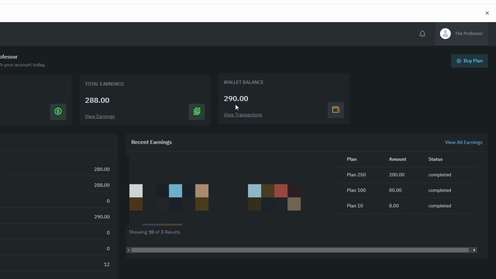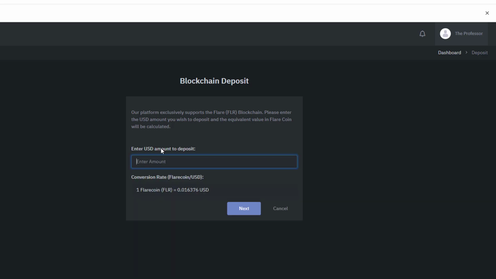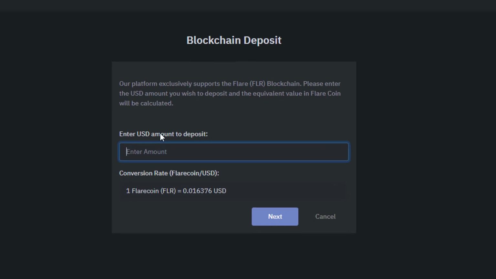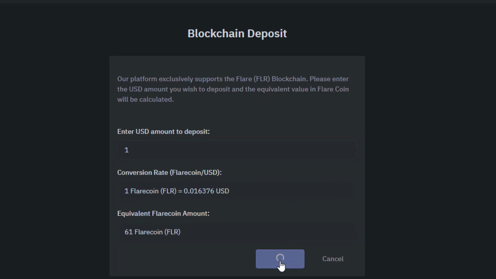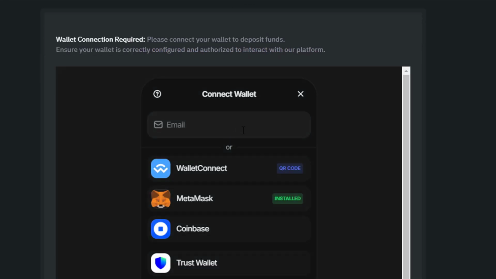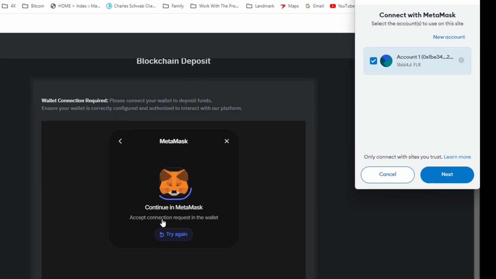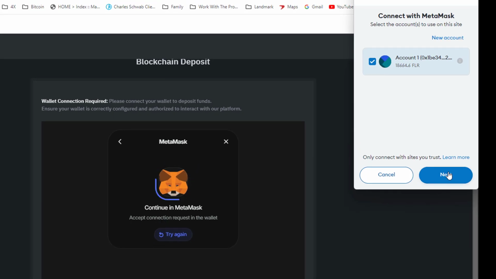Now, I'm going to see if I can do a transaction that does not go through. So I'm back under new deposit. Next. Connect wallet. All right.